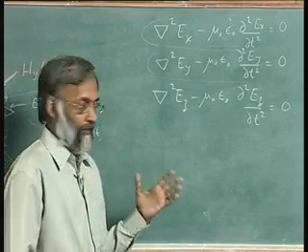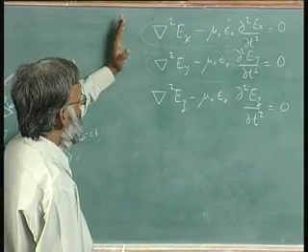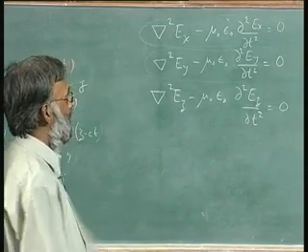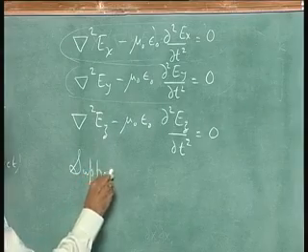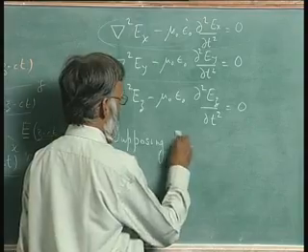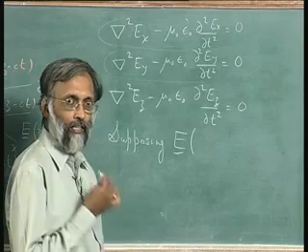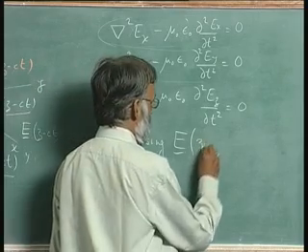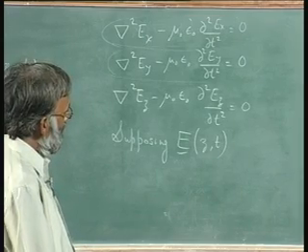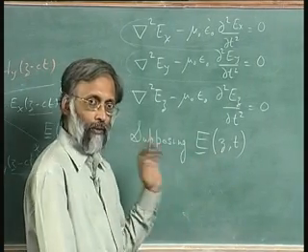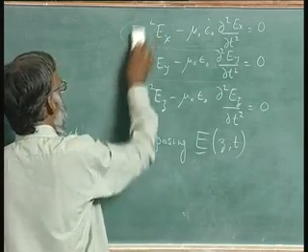Now I am going to simplify, because the whole point of this was not to do a very general analysis, it was to help us understand something very simple. Supposing the vector field E, which is a function of x, y, z and t, is only a function of z and t. It does not depend on x, does not depend on y. Then these equations are going to simplify. I will just write them in place.